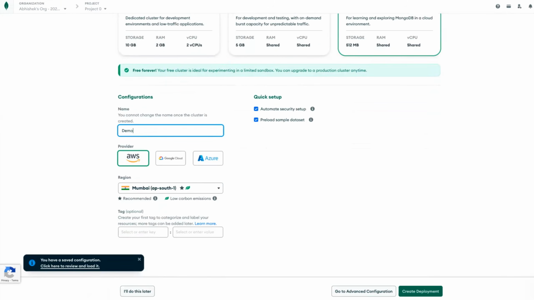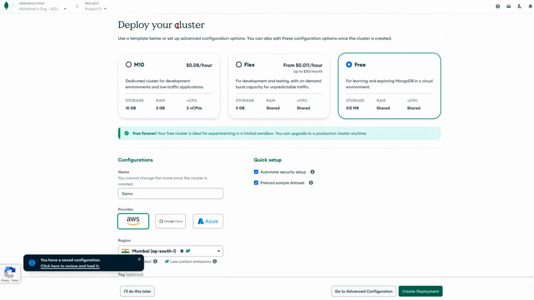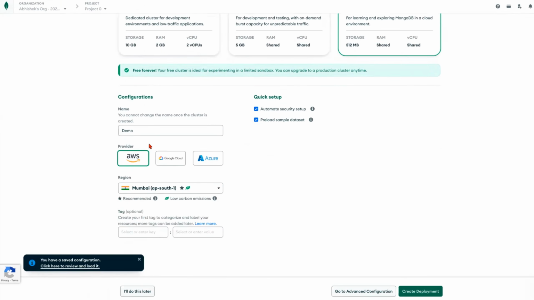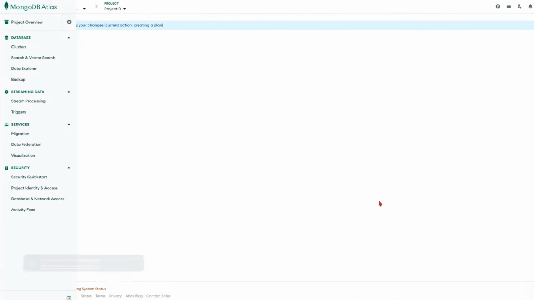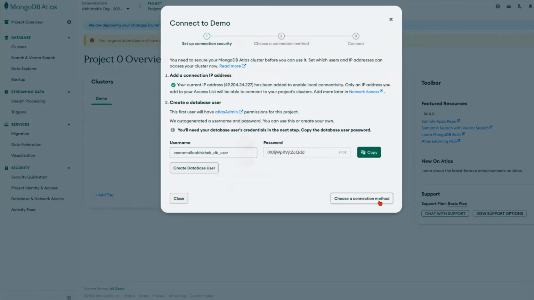Name of the cluster, I'll just call it demo cluster. The best thing here is that MongoDB, although this is a managed MongoDB instance, provides you an option to choose between different cloud providers where you want your MongoDB instance to be hosted. I'll go with AWS as the cloud provider and I'll use Mumbai as the region, something that is nearest to my location. That's it. I can click on create deployment and in the next 2 to 3 minutes, I'll have my